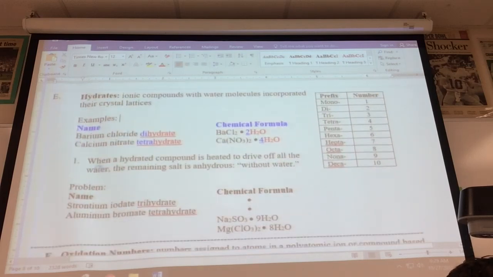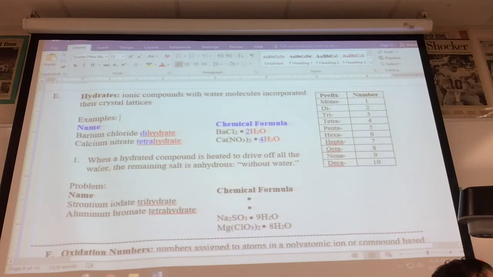The last thing I want to mention is how to name and write chemical formulas for hydrates. We'll get into hydrates a little bit more during the year. We have a cool lab on a hydrate as well. Epsom salts is an example of a hydrate. It's magnesium sulfate heptahydrate. What you find with hydrates is that you have water molecules incorporated into the structure of